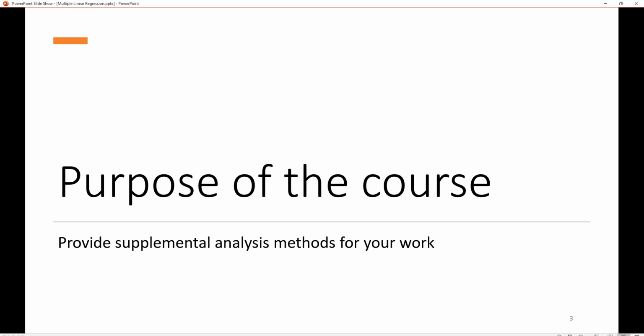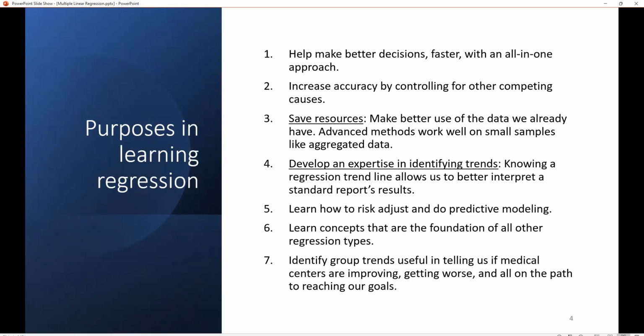The purpose of the course is to provide supplemental analysis methods for your work. And the purposes in learning regression might be, number 1, to help make better decisions faster with an all-in-one approach. Number 2 is to increase accuracy by controlling for other competing causes. And those first two